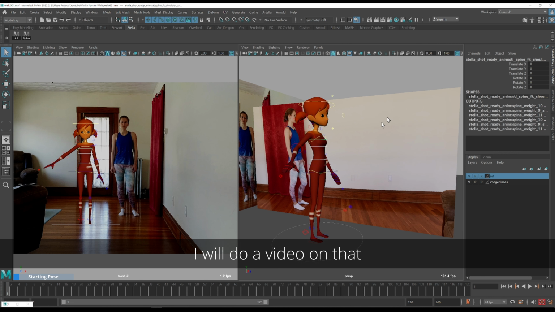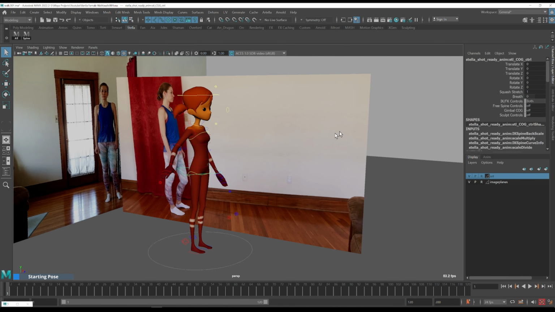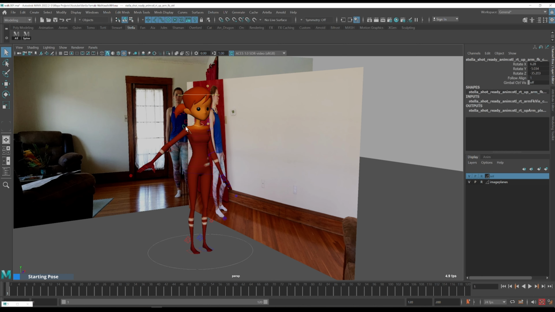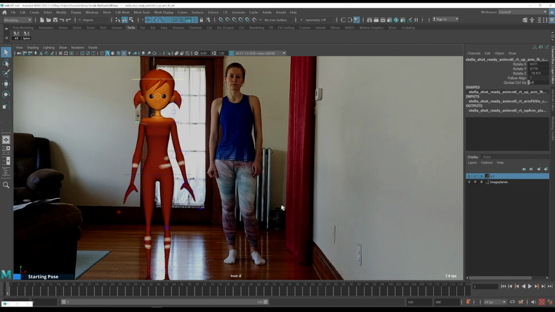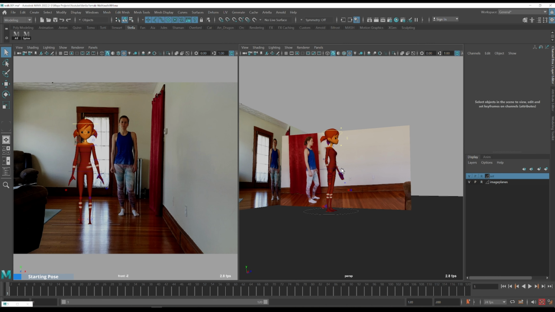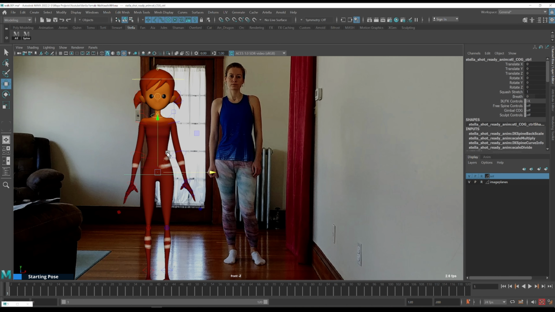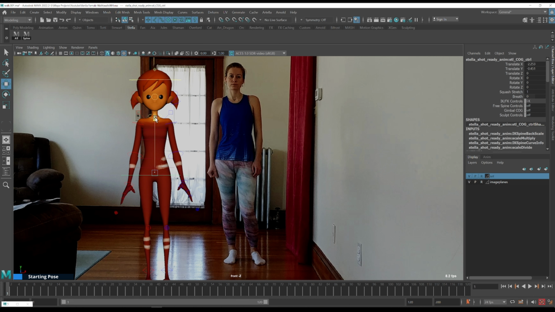So let's start with the first pose. Here I'm going to hide IK controls because I don't need them. And let's see what's going on here. So there is a little bit of weight shift to this side here. So I'm going to do this. And I'm going to do a little bit of this,